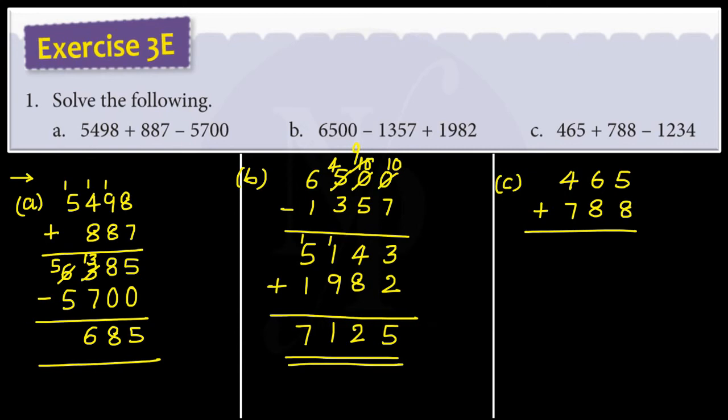On adding, what we get is 5 plus 8 is 13, 6 plus 1 is 7, 7 plus 8 is 15, 4 plus 1 is 5, 5 plus 7 is 12, 1253 is the sum, and we need to subtract